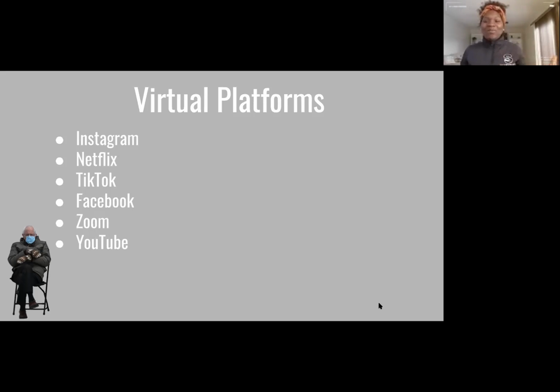TikTok has taken over. TikTok is a great place. I know a lot of parents across this nation cannot do anything with their children without them doing all these motions while they're with them. And that just shows the contagious energy of TikTok. TikTok has been a place that also hosts videos and challenges. A lot of folks are learning dances and creative songs, then recording them and posting them on their own. So that's a great place to engage folks, again, in a passive way.